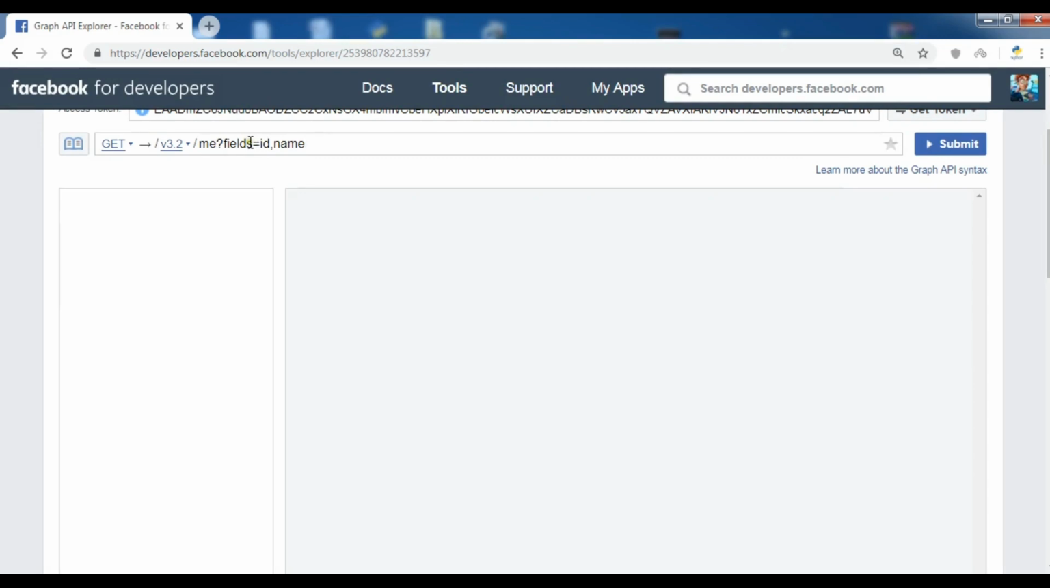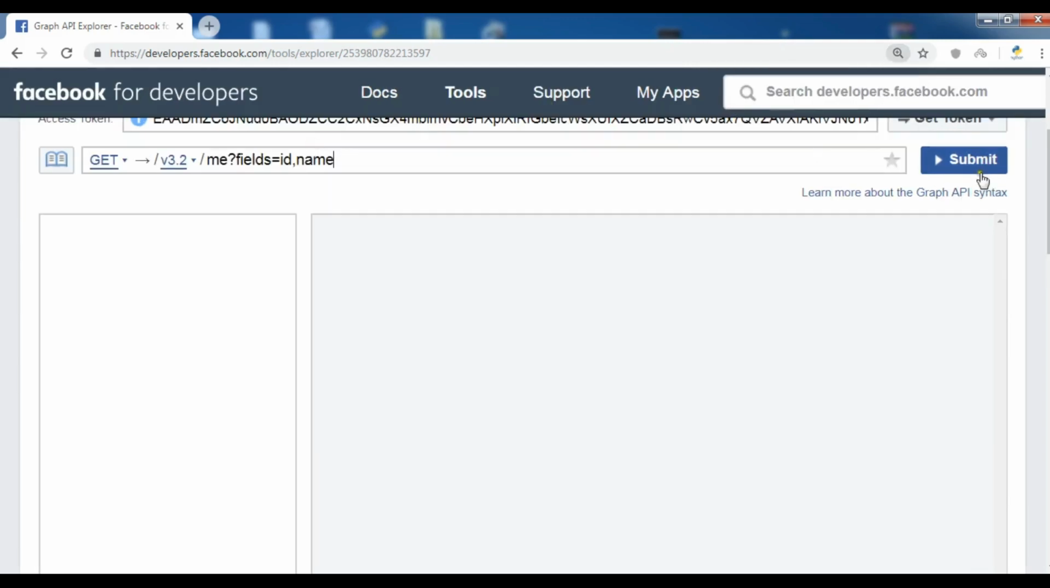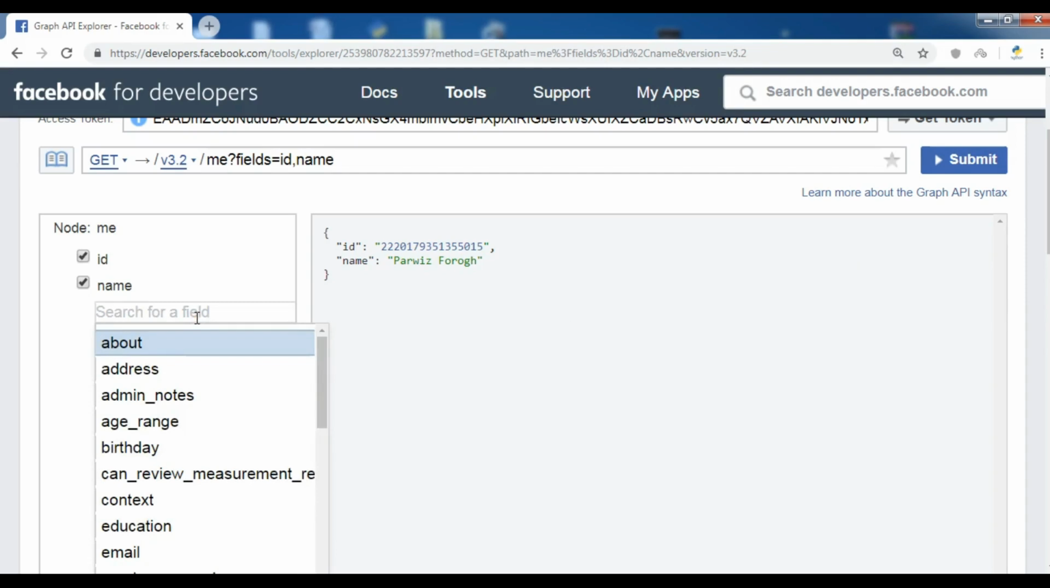and I want the fields ID and name. So I want to get these in my Graph API Explorer. Now if I submit the request, you can see that this is my ID, and this is my name. This is the node, and we have the children in here. So for example, I want to get, let me add for example